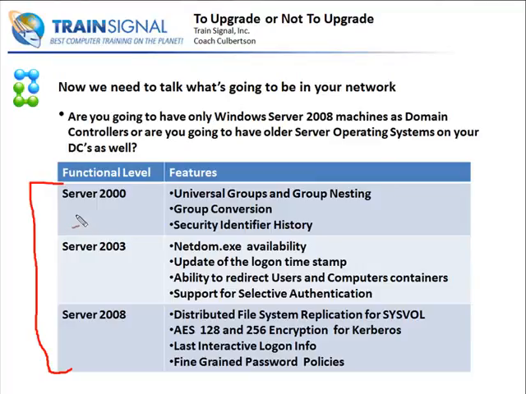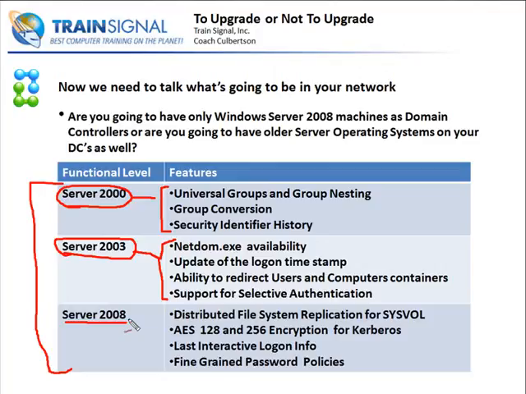If you have any domain controllers that are still Server 2000, no matter how many Server 2003 or Server 2008 domain controllers you may have, you're only going to be able to operate with these features, which, okay, is pretty good. But Server 2003, let's say you have a mixture of Server 2003 domain controllers and Server 2008 domain controllers. Well, if that's the case, you're only going to be able to operate with these particular features. They are improvements over having only a Server 2000, but if it is possible, and this may or may not be possible for your environment that you're working in, a Server 2008 functional level is going to give